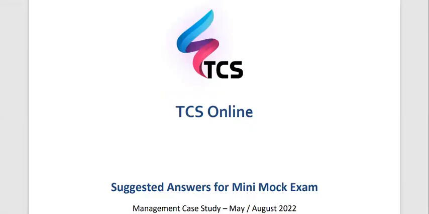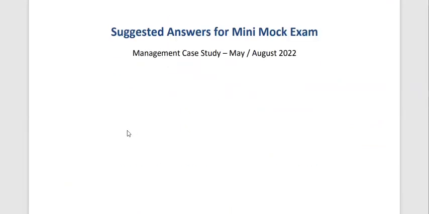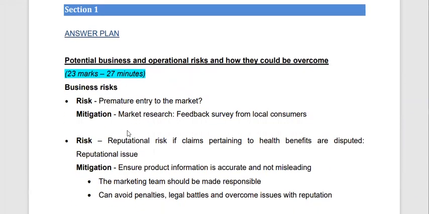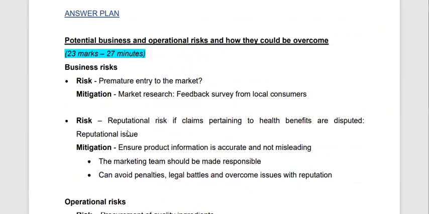So let's try to figure out what type of an answer you are supposed to provide. Right. So first things first, as I told you earlier, you need to come up with an answer plan. I said you're not supposed to read the question and straight away start typing the answer. Instead, you are supposed to spend some time to plan the answer. It's beneficial if you can spend something like 15 to 20 minutes per task to plan your answer. So one third of your time to read the question and plan your answers. And this is a typical answer plan which you need to come up with.